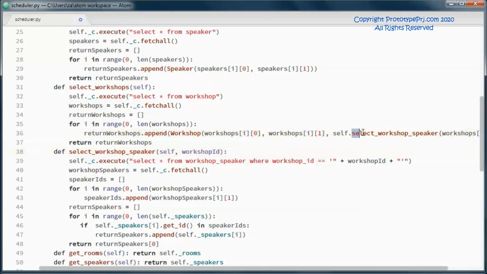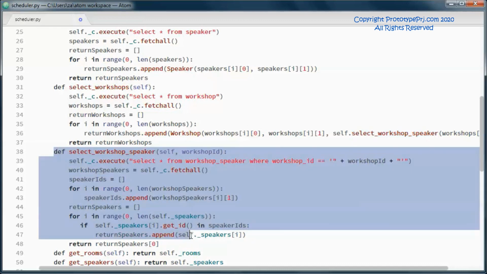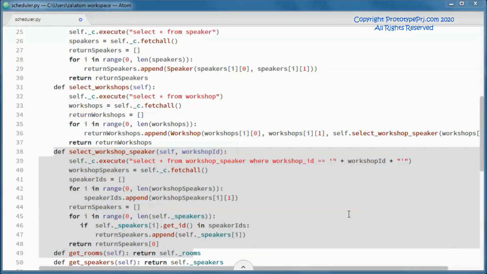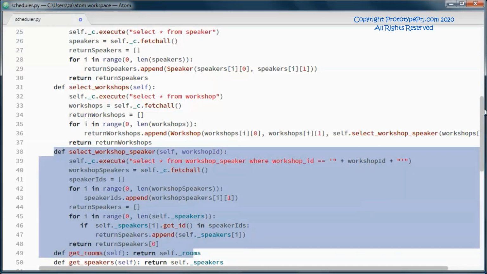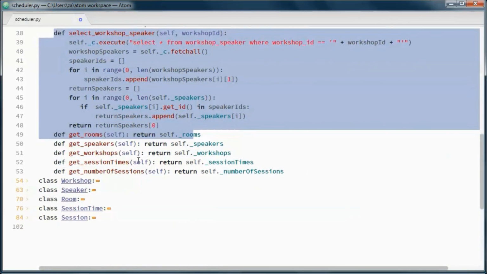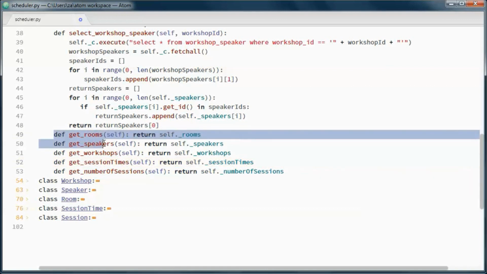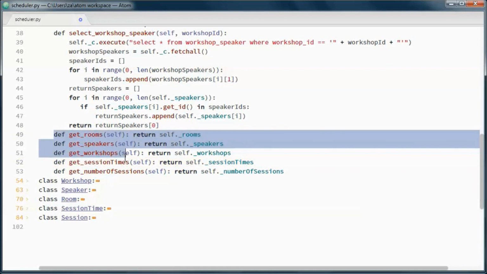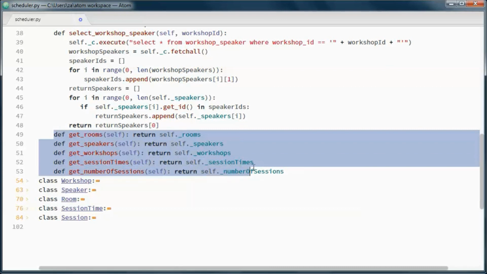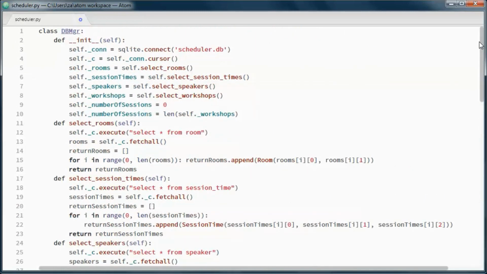And here we are using the select workshop speakers for each workshop. And here we have get methods to return the rooms, the speakers, the workshops, and the session times, and the number of sessions, which would be the number of workshops.